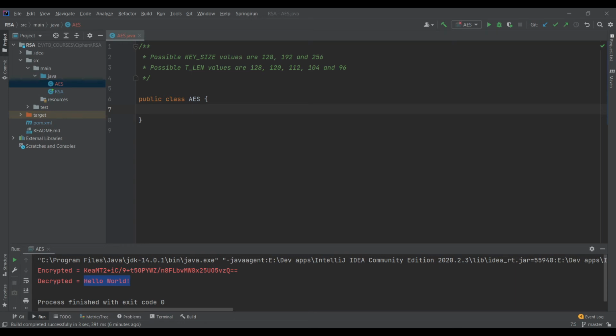Hello guys, in the last episode we have seen how to create and use the encryption ciphers using RSA encryption, and in this episode we will try to apply the same thing for the AES encryption. Right here I have created a Java class that I've named AES,